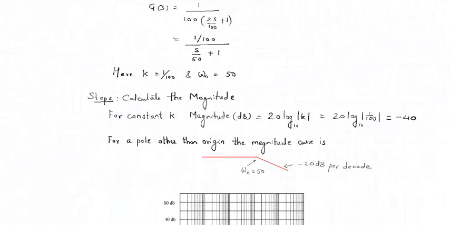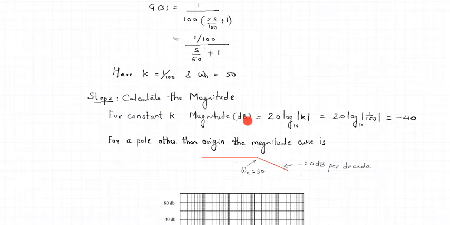How is the magnitude? The magnitude characteristic curve for the pole other than at origin is 0 up to omega n, and from omega n the roll off rate is 20 dB. This is the characteristic we have already discussed for a generalized system where there is a pole other than at origin. The system has a 0 response up to omega n, and from omega n the system has a roll off rate of minus 20 dB.